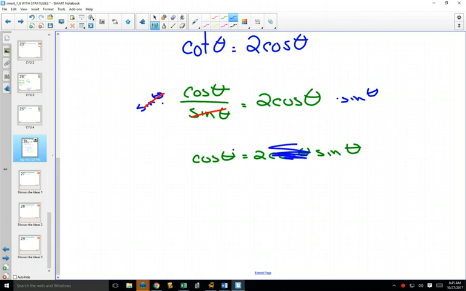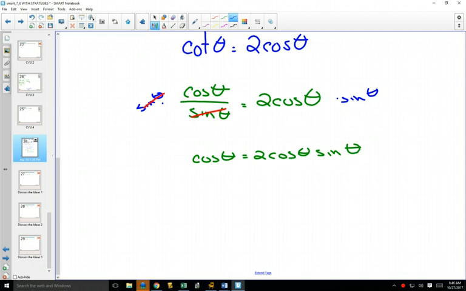This would go away, and you just have 1 equals 2 sine theta. And now you only have one trig function, and you can solve. Now, that would be nice, but the reason it doesn't work is because if you look at this equation,